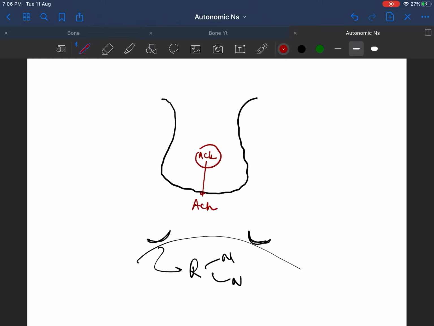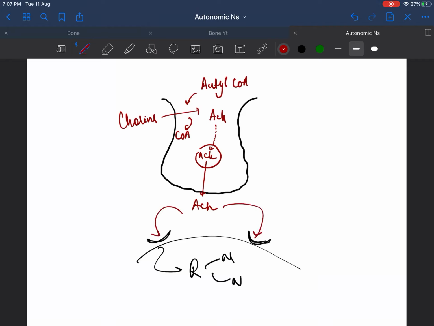So what happens? First, choline enters from outside to inside the neuron. So it goes through the axon, then it goes to the cyton, and it reaches this area. So what happens to choline? Choline attaches with acetyl-CoA, and then CoA is given out. And then we have the formation of acetylcholine, then it enters the synaptic vesicle, and then it is released. And then this works on either the postsynaptic receptors, it can also work on presynaptic receptors, which in most cases act like brakes.